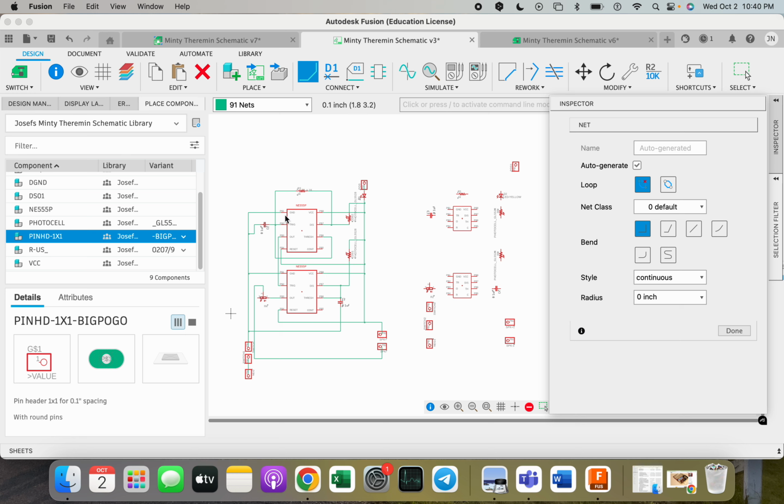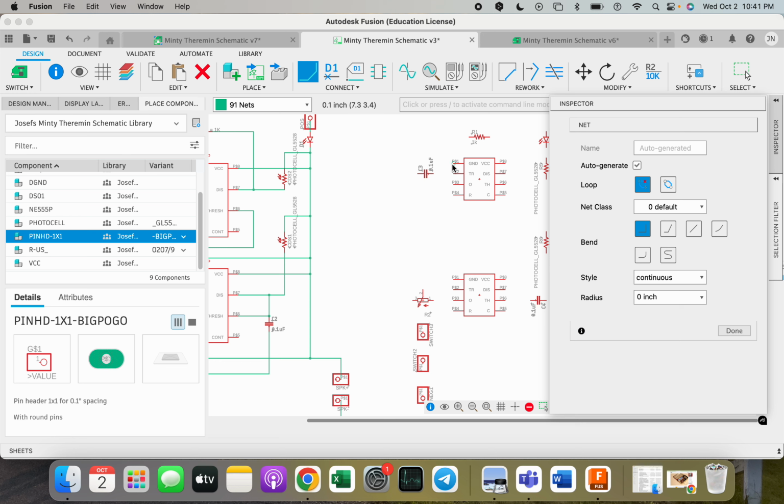So pin 1, as you can see, is connected to the capacitor, and then around to pin 1 of the second 555 timer. So by clicking the line, we're going to select the end of the 555 timer here. You'll notice a small green or teal circle. I'm going to click there, and then I'm going to pull out,